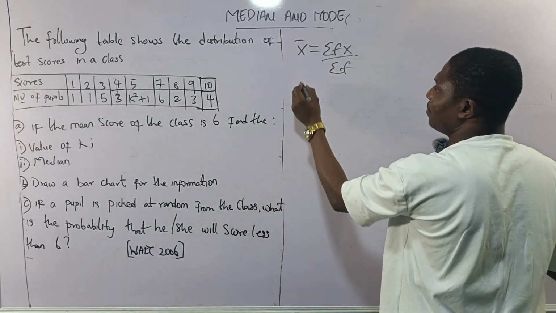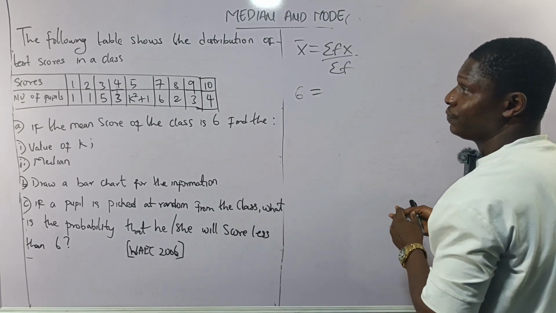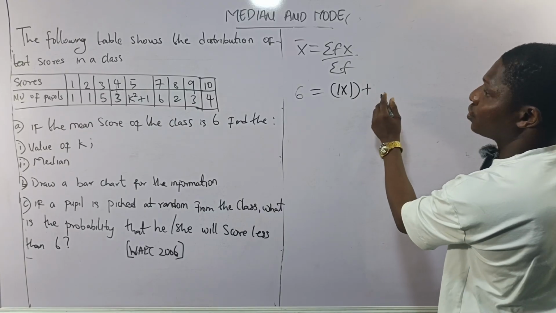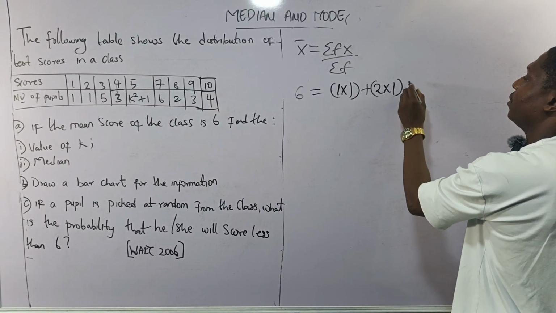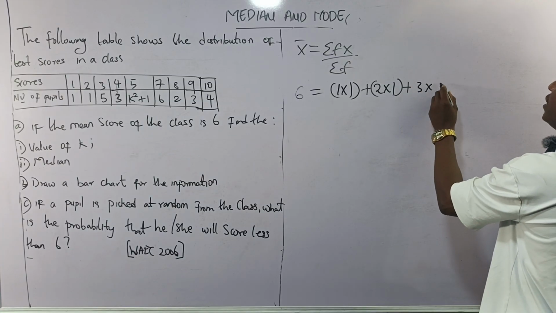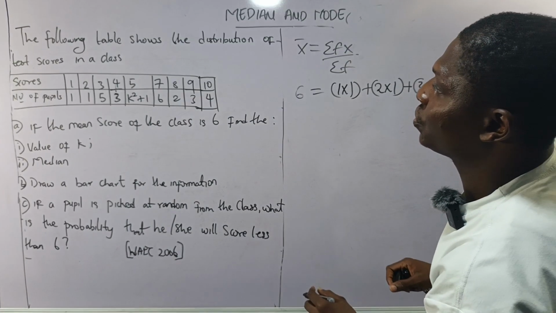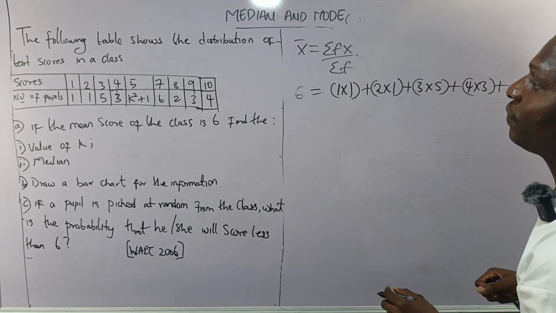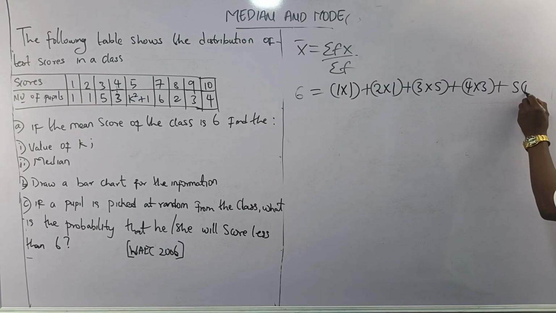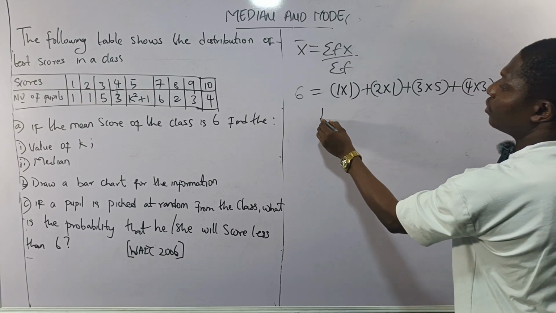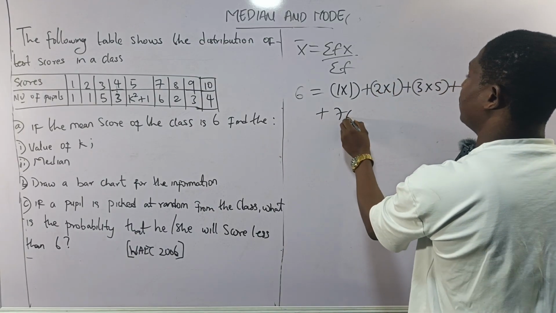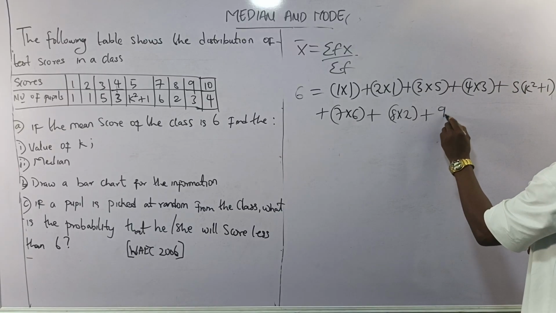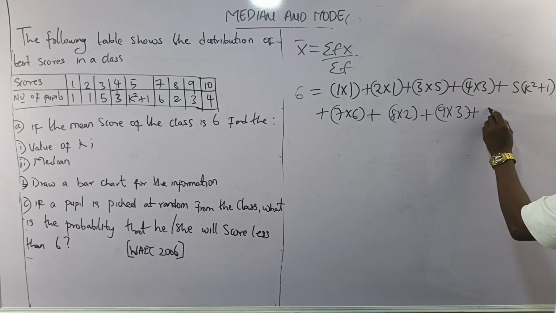So we simply have the mean, S bar, which is 6, equal to 1 times 1, plus 2 times 1, plus 3 times 5, plus 4 times 3, plus 5 times k square plus 1, plus 7 times 6 plus 8 times 2 plus 9 times 3 plus 10 times 4,